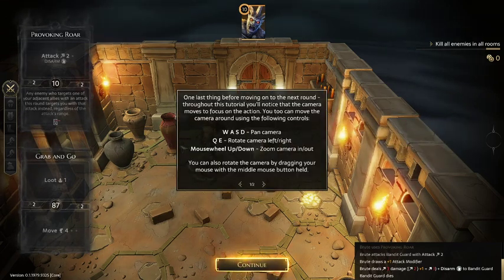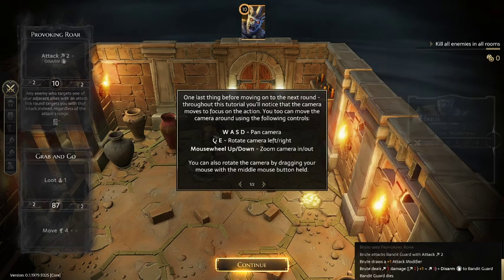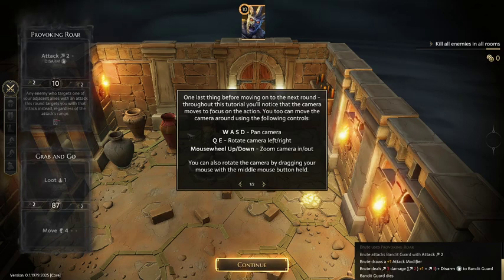One last thing before moving to the next round. Through this tutorial, you'll notice that the camera moves to focus on the action. You can move the camera around using the following controls, so the basic camera bindings,